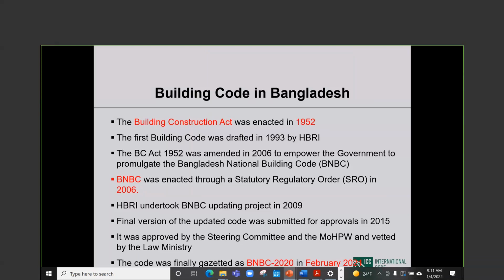Housing and Building Research Institute undertook the BNBC update project in 2009. The final version of the updated code was submitted for approvals in 2015. It was approved by the steering committee, the Ministry of Housing and Public Works, headed by the Law Ministry, but the final approval somehow took an incredible amount of time until